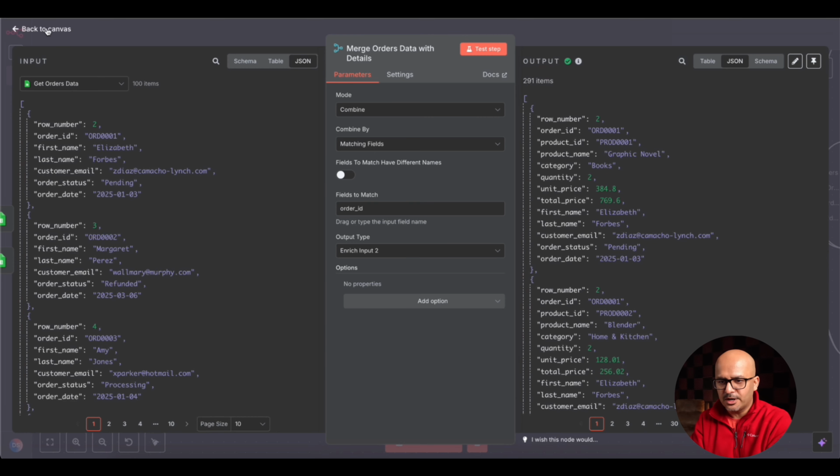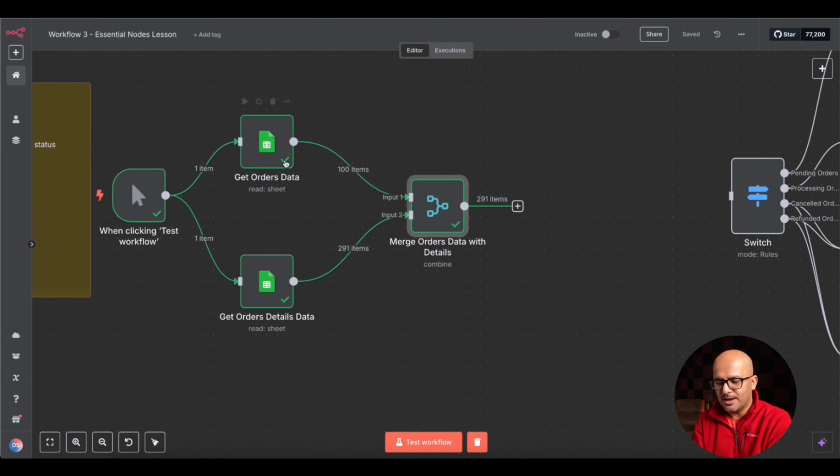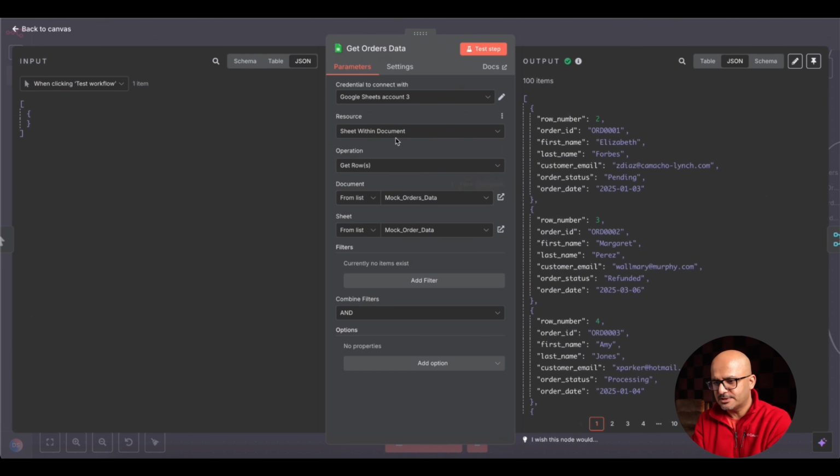In order to see that, we have to come back and I have to run this first. So let's get the orders header data, and this time it should be more than 100 records. So you'll see 104 records should be returned. Okay, 104 records have been returned over here.